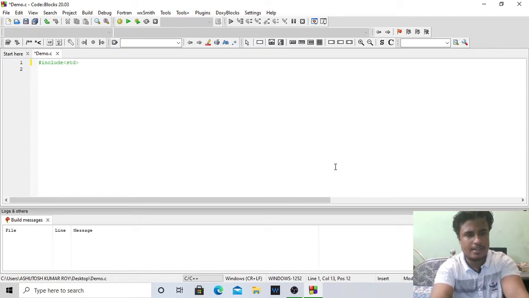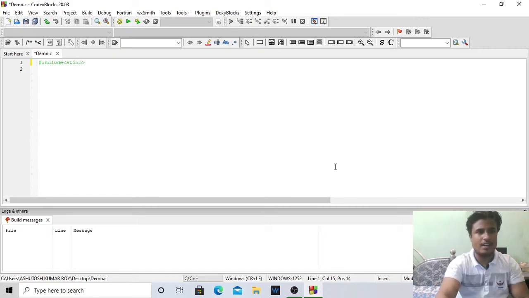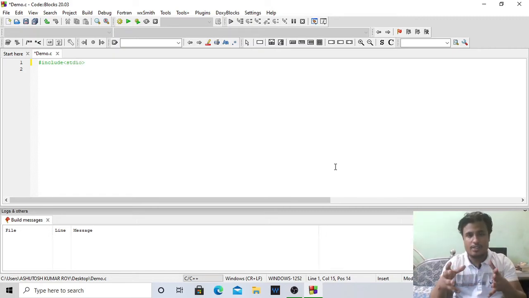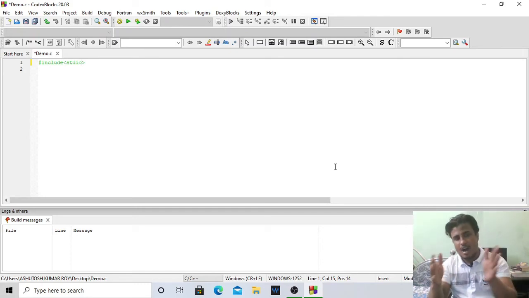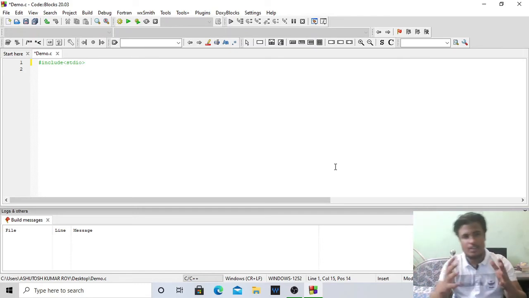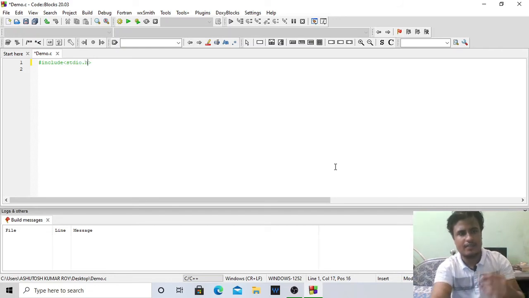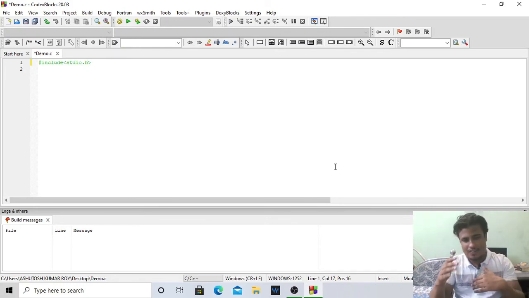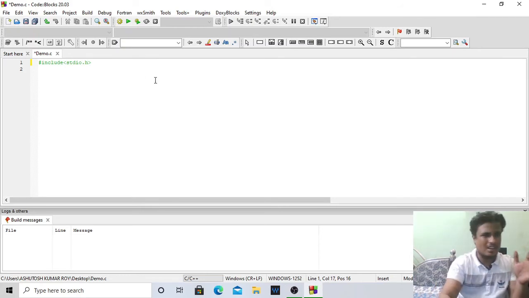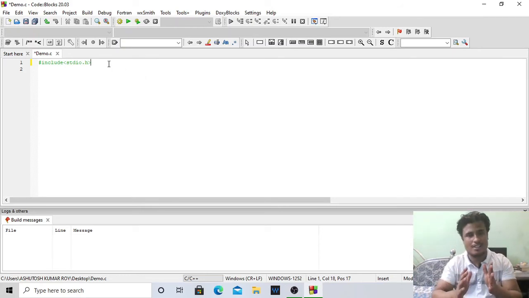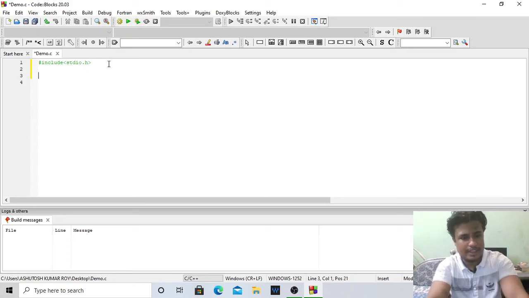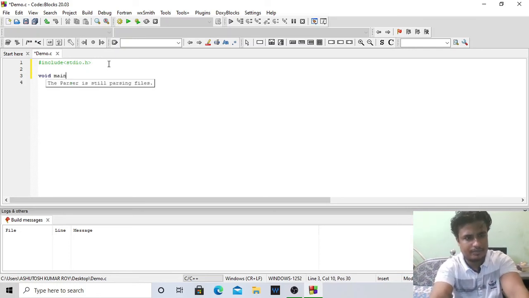stdio, standard IO. It means we are going to do IO operations. We will display our output to the screen, so it is an IO operation, displaying something. That's why I am using this .h for the header extension. This is the header type, header file. It means a header file is being included, that's why you can use the code in that file. Just an inclusion here, nothing more. In a naive way you can understand it. Click enter.